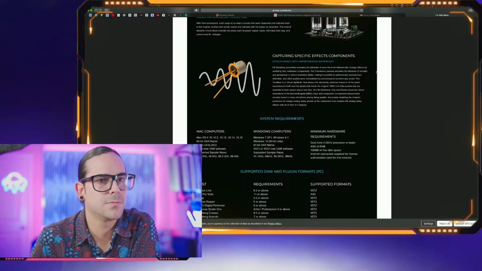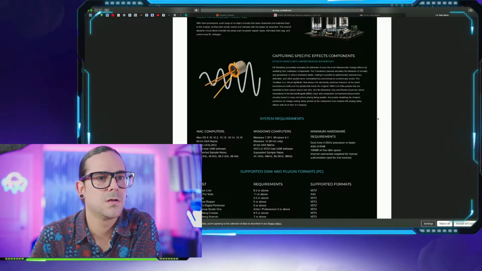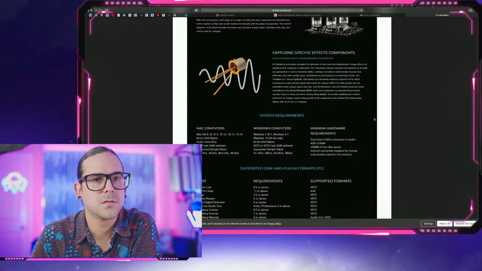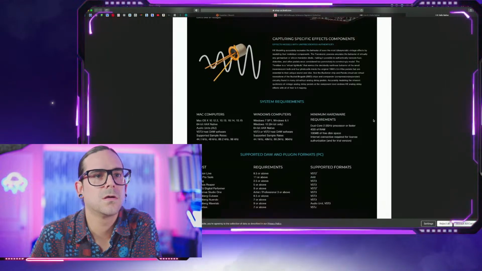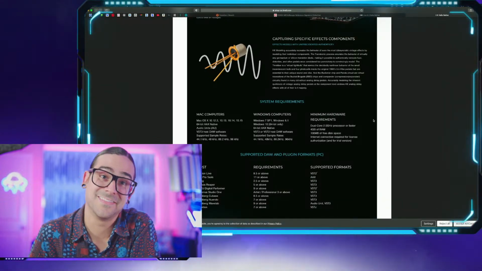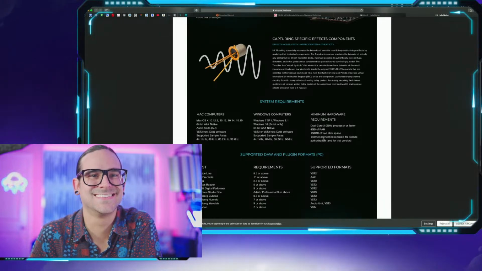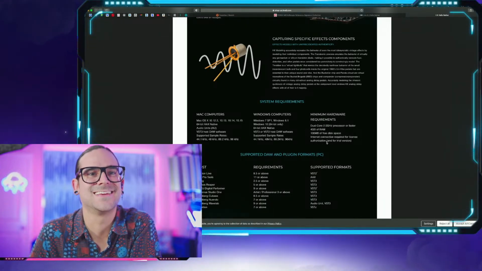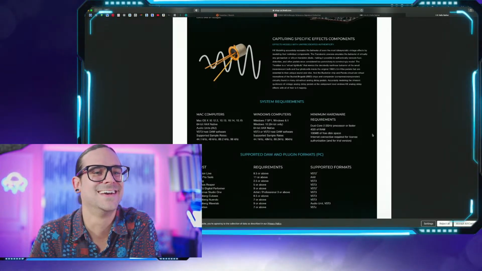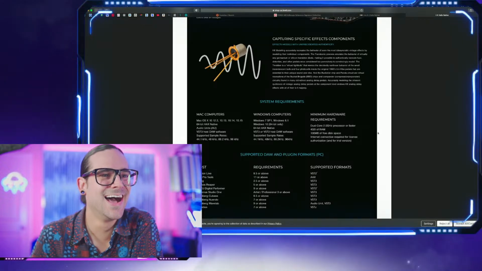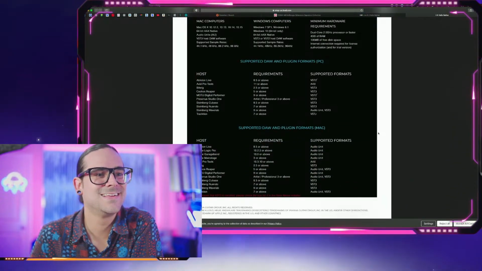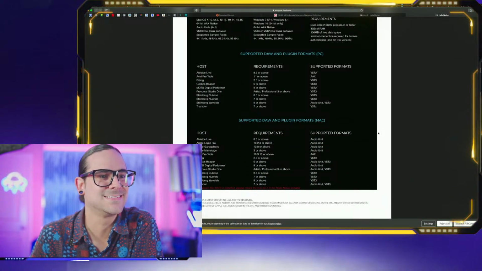Very little requirements. In theory, right? Yeah, right. Like this is like nothing. Like this is like 2006. But if you say that it's a CPU hog,